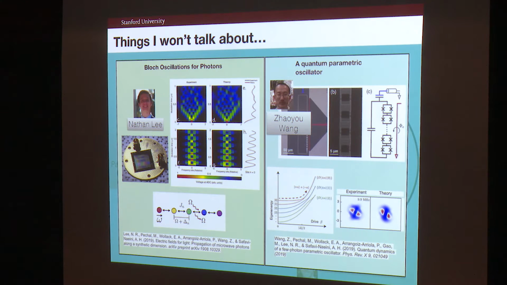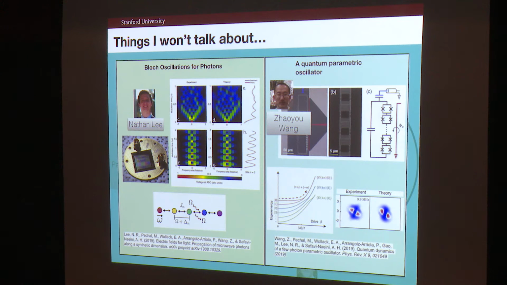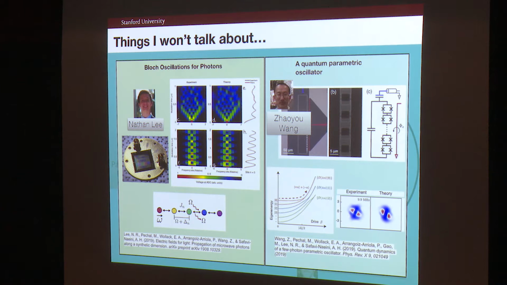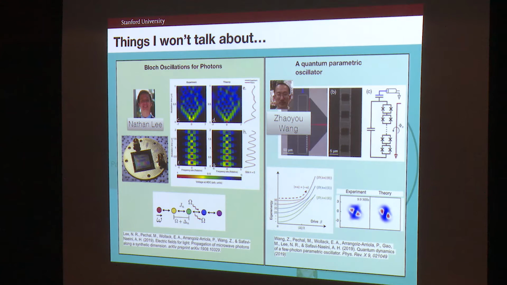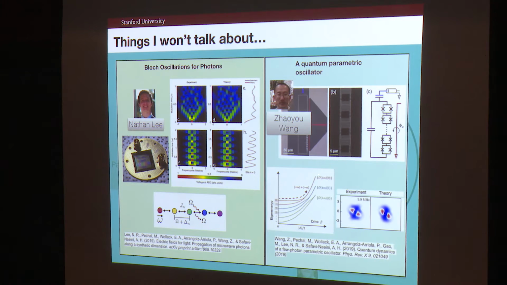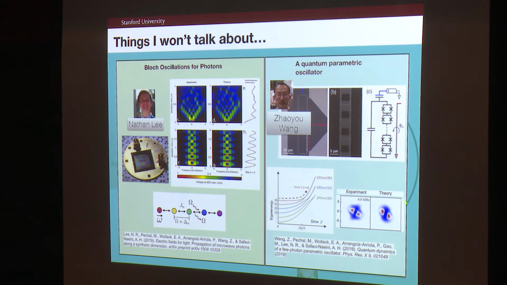Another work which is related, we were able to make a parametric oscillator. So this is basically a resonator with an inductor that's modulated at twice the resonance frequency. And the idea is that when you do that, you get an oscillator in sort of a classical system. So you start to oscillate, and those oscillations get clamped at some point due to things like loss. Here, the clamping is due to the strong nonlinearity of a junction array, and we were able to generate things that look a little bit like Schrodinger cat states in a system like this.